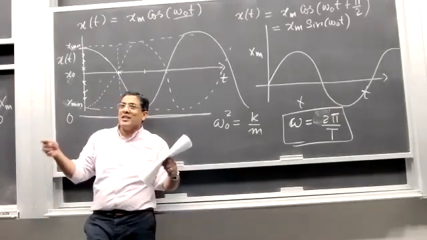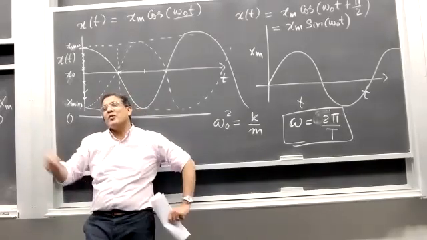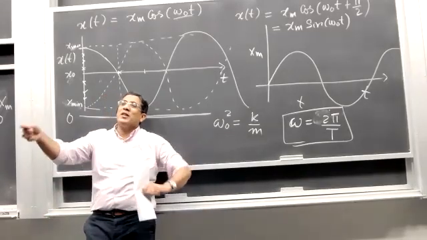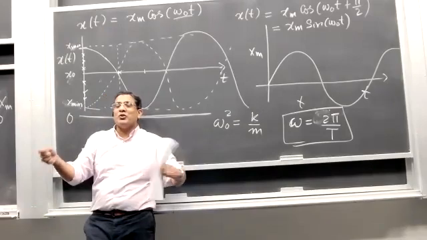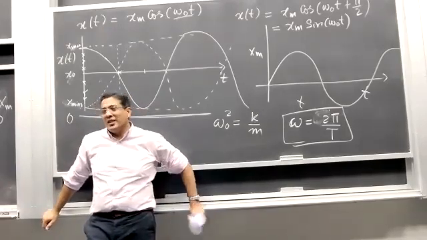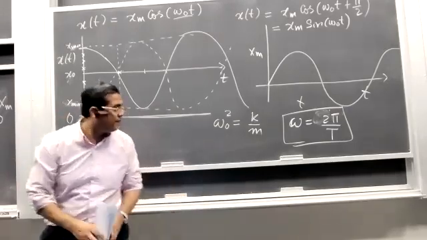So if you have 2 identical masses attached to each other through 2 different springs, their frequency would be different. Or if you have 2 different masses attached to each other using 2 identical springs, the frequency would be different. And then there is a third case when both the masses are different and the springs are different.